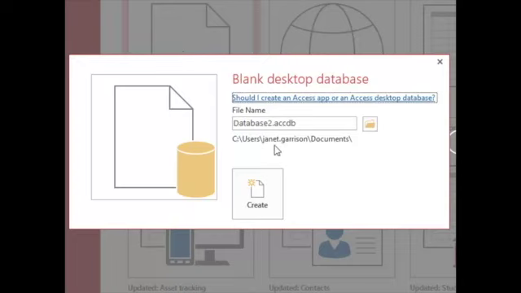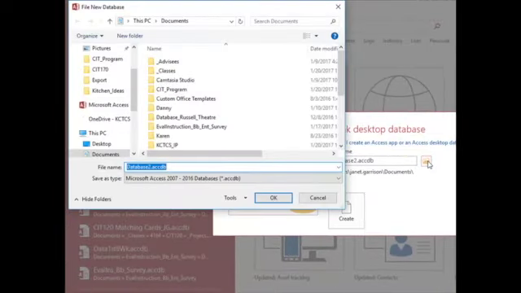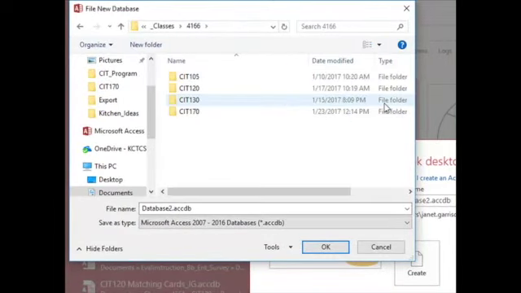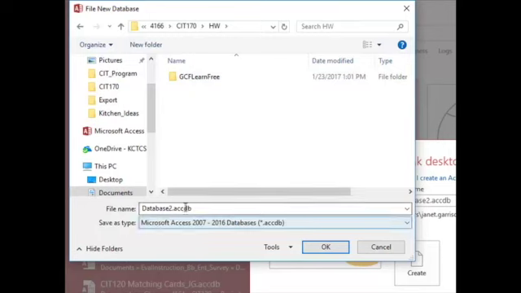So I am going to change this location. You can see it wants to save it under the Documents folder under my account. So you click the little folder icon, navigate to a new location, and on my computer I organize everything by semester, and our semester code is 4166, and then by class. And I have a homework folder, so I'm going to go ahead and double click that,